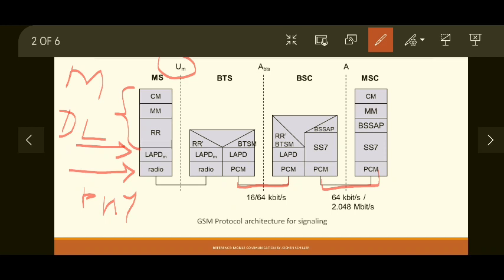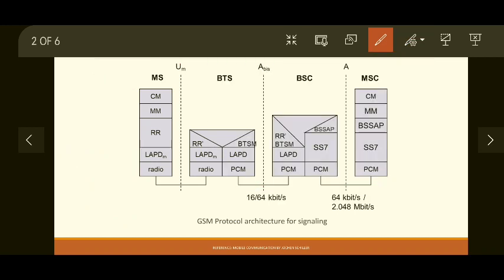Okay, so let's first see the full forms of all the abbreviations which are shown over here. This radio layer, as I discussed, PCM stands for pulse code modulation, LAPD, link access procedure for D channel, RR stands for radio resource management, MM stands for mobility management, CM stands for call management. Okay, now RR dash is a small part of RR, that's why it is denoted by a dash.